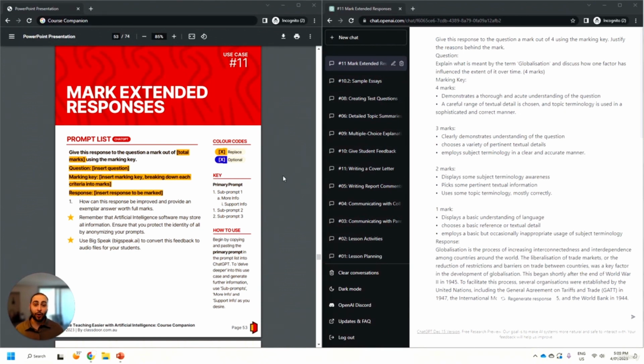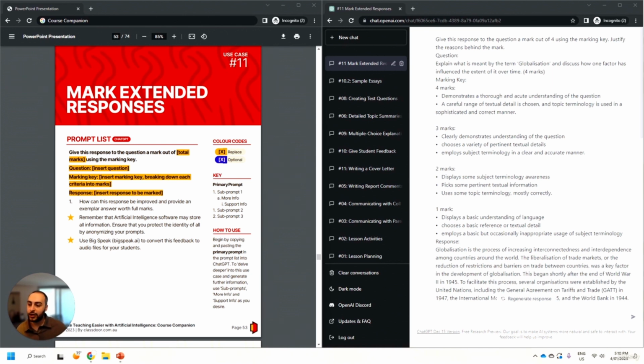This use case is probably the most complicated task that we are going to ask ChatGPT to do. But once the technology becomes stronger and stronger to the point where it becomes just as good as us, I see this use case being the #1 practical application for teachers. And that is to have AI mark extended responses for us. Here we have a primary prompt that does require a bit of background work to be done to set up the structure to make ChatGPT clearly understand exactly how it's supposed to mark and provide feedback for a particular response.